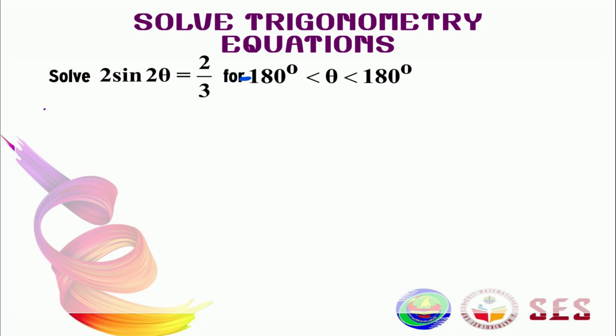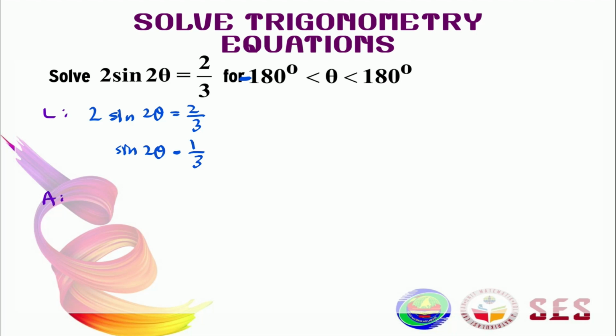The first step is L, and if you recall back, the first step is to make sure that our trigo function here is in linear form. And that linear form means the highest power of trigo function must be 1. And since we have sine 2 theta here, this trigo function already has power 1. So that is our first step. We are going to copy that over here. But to proceed to the next step, we need to make sure that we only have trigo function here. And that means we need to move these two to the other side. And we are going to get sine 2 theta equals to 1/3. Then we can move on to the second step.